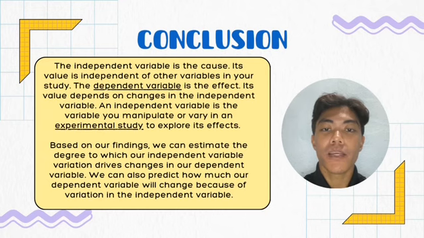This variable reflects the impact of the independent variable, and its change helps determine whether and to what extent the independent variable influences it. Researchers analyze the data collected from the dependent variable to evaluate the relationship between the two variables. By conducting statistical analysis, they can estimate how